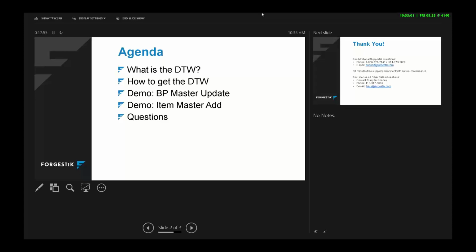How do you get the DTW? The DTW comes with your SAP Business One packages. So any patch package that you have, you will find the Data Transfer Workbench. Usually, when I do an install, I will leave that patch level package on your server somewhere. We have some standard places where we leave it, or I will actually install it because I probably have already used it. So chances are your SAP server already has the Data Transfer Workbench on it,